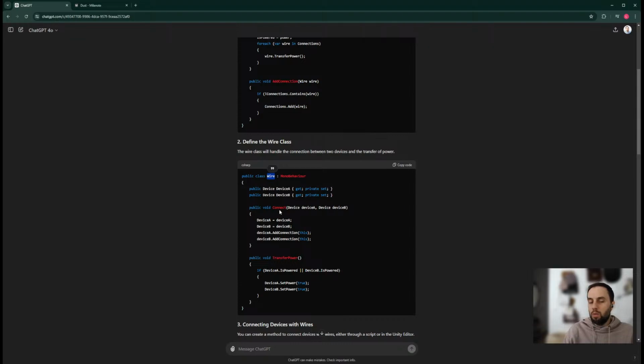How many things could be connected to one wire? That's a good question. I mean, in terms of power, I don't think, well, maybe there's a limit at some point, but it shouldn't be limited to just one. Or should I make something like,